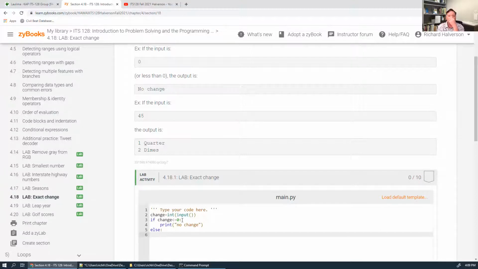okay. So first, it's possible they type in more than $1. So the first thing I'm going to do is grab out all the dollars, and then there's going to be some change. Okay, so I'm going to say dollars equals whatever the change is integer divided by 100. Okay, so if it's like $5.23 and I divide by 100 and I just take the integer part, I get 5, and that's what I want. So that's how many dollars it is, and I'm going to have to figure out what